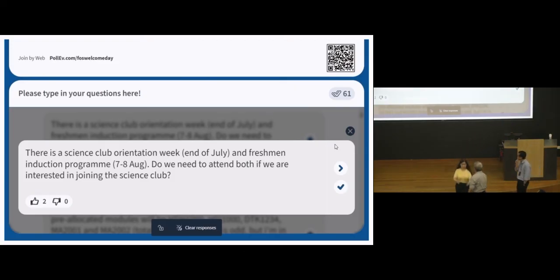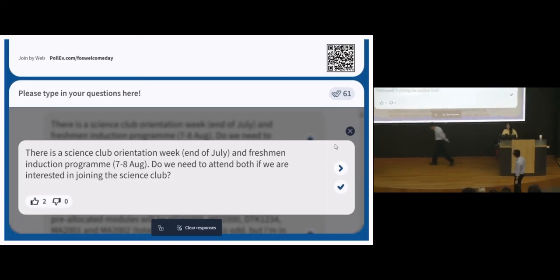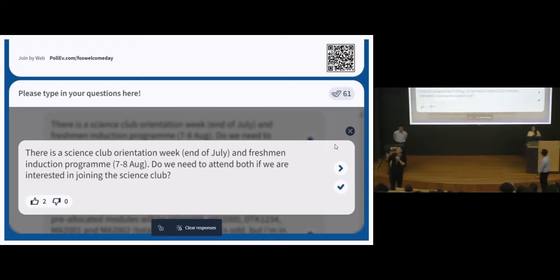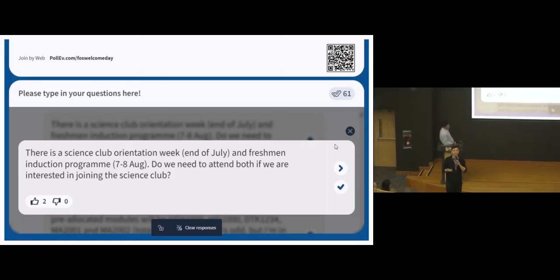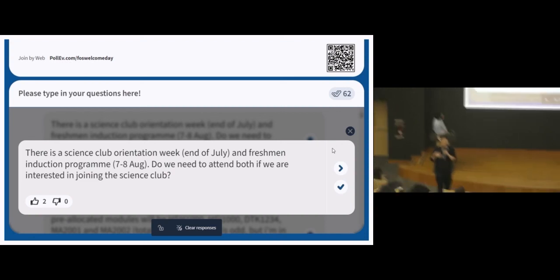Okay, one question on student life. If you are going for the Science Club orientation, which is at the end of July, actually you can't go for the freshman camp because we want to make sure as many students can go for orientation as possible. But anyway, you do not need to attend a camp if you want to join Science Club. It's good for you to attend so that you will know all the Science Club members and how it works over there. But if you did not sign up or you weren't able to be allocated, you can still contact Science Club under their webpage. Or if you want, we can redirect you to the president of Science Club. Okay?